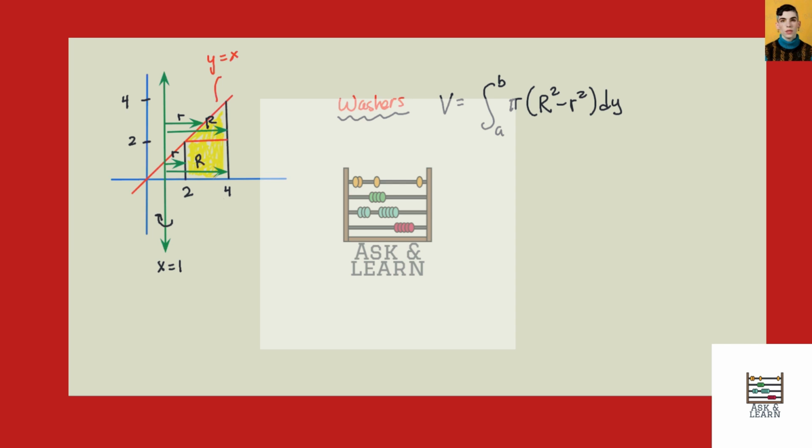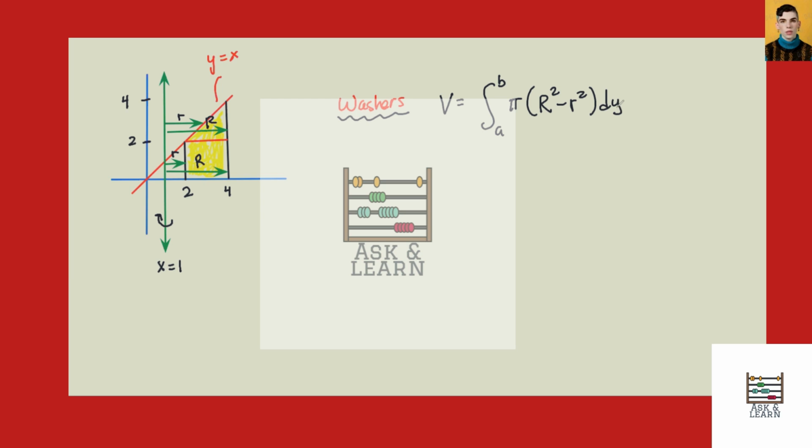All right, our goal is to take this region in yellow underneath the line y equals x from 2 to 4, and we're going to rotate it around the line x equals 1 using washers. Washers in general, basically we're going to do the volume of a disk, and then we're going to subtract out the hole-shaped disk. So we get pi big R squared minus little r squared for the net area times dy,